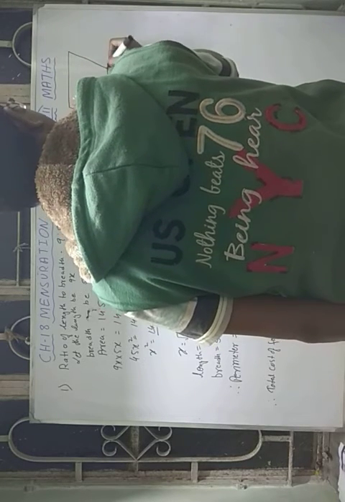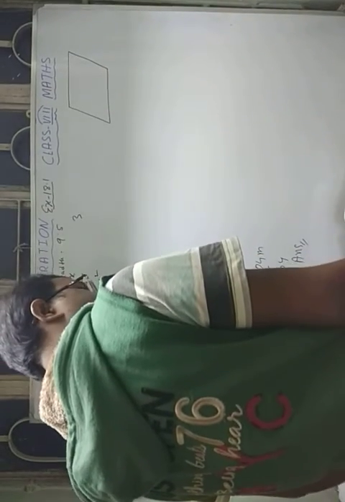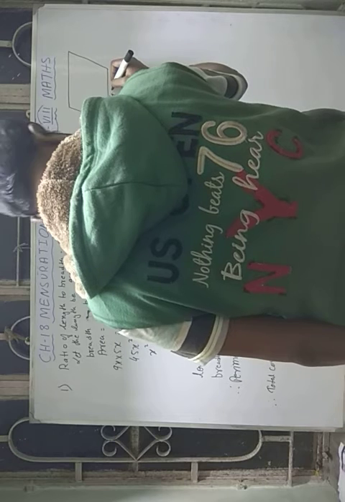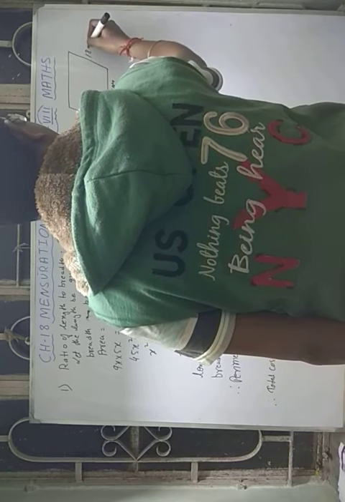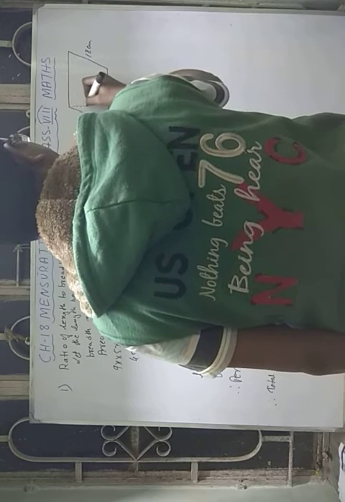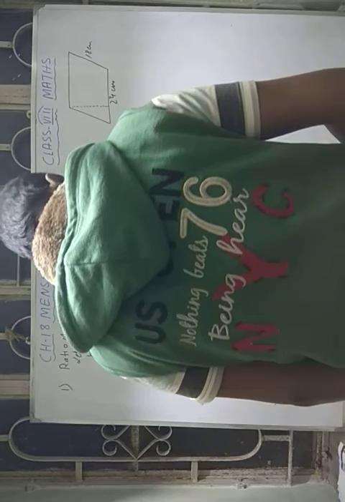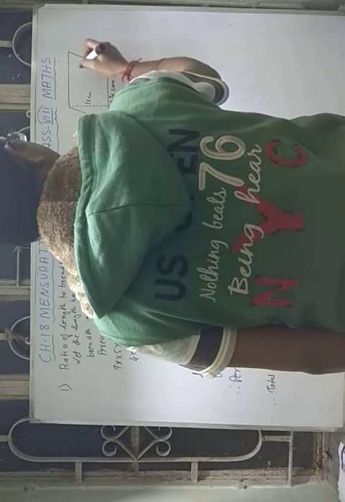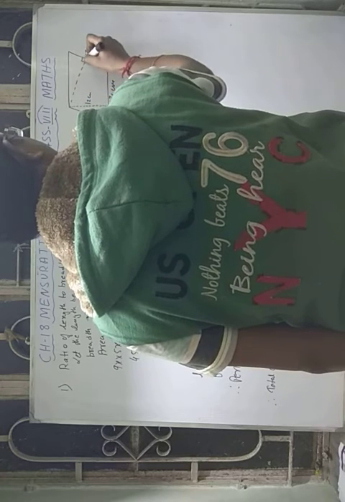For that you just draw a rough figure of a parallelogram. You already know what a parallelogram is, whose opposite sides are equal and opposite sides are parallel. You have done this in your Understanding Shapes chapter. So here the adjacent sides are given, 24 and 18 centimeters. Suppose this side is 24 centimeter and this side is 18 centimeter, and the distance between the longer sides, this height, is given as 12 centimeter, and you need to find the distance between the two shorter sides, means find this height.